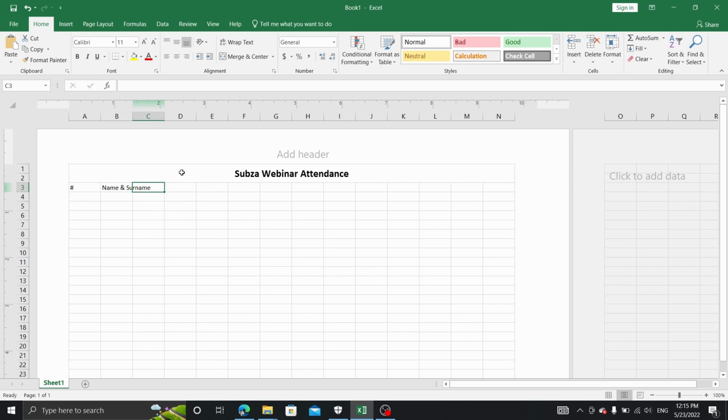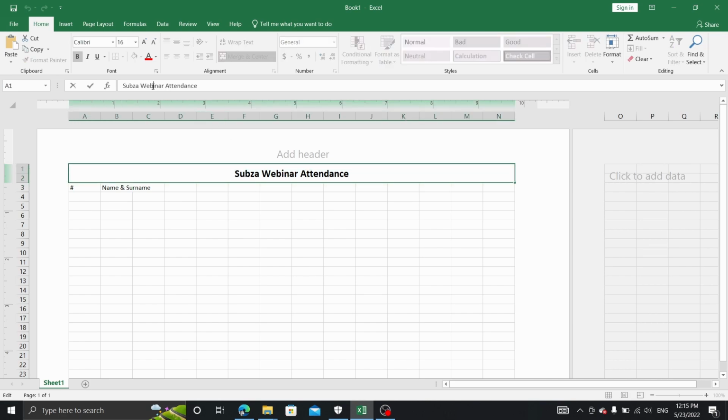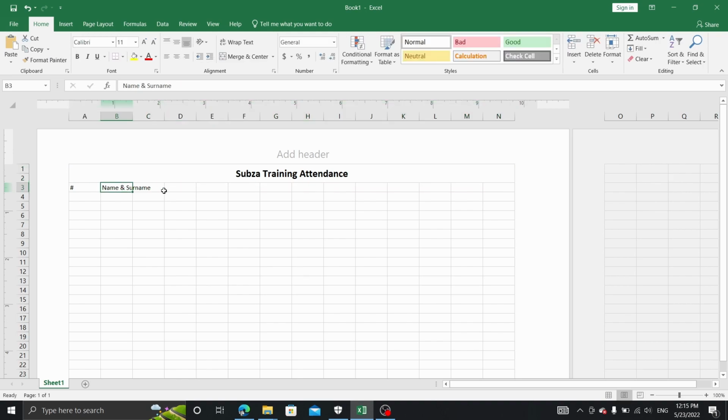And then afterwards, what else do we want to collect? Since it's, let's say, a training session, we want to find the attendance for a person over a week. So we have their name, surname, and then we can also have the week number. So let's say week 1. Now I want to show you something really powerful about Excel. Instead of me typing manually week 2, week 3, week